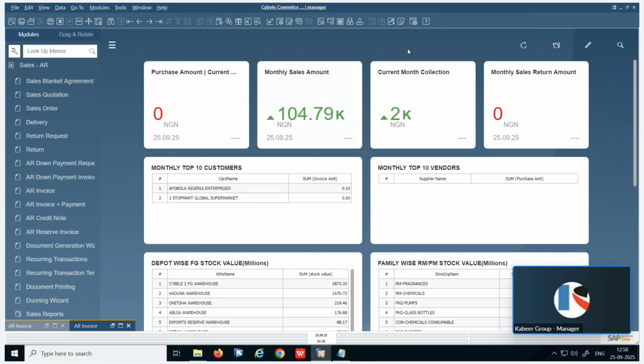As a regular process, the user will add a sales invoice in the SAP B1 database, and after adding the sales invoice, the user needs to post the same invoice to the government FIRS portal. Through this add-on, we have automated this process. The user will add the invoice on the system, and